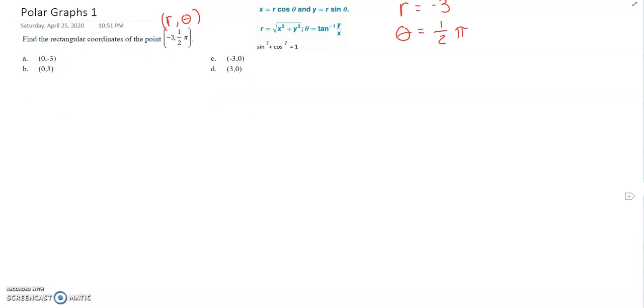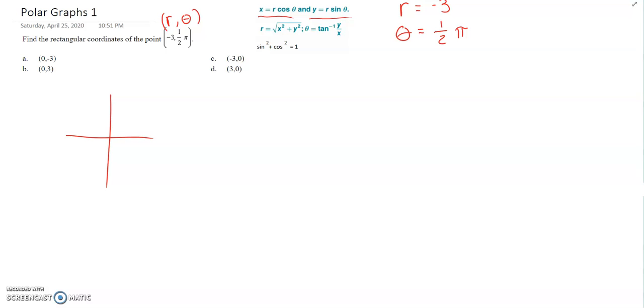All right, so now that I know that, all I have to do to get my x and y coordinate is, one, plot the point, which we could do pretty easily, or two, use these conversions right here, plugging in r and theta to get the x value and the y value. The easiest way, though, would be to graph it. If you have a rectangular